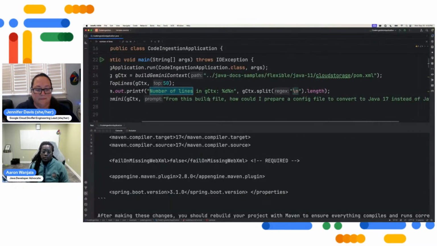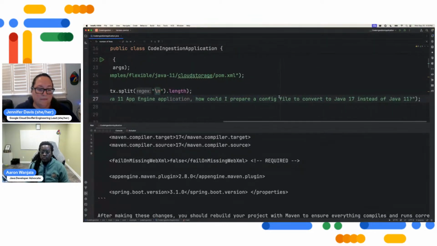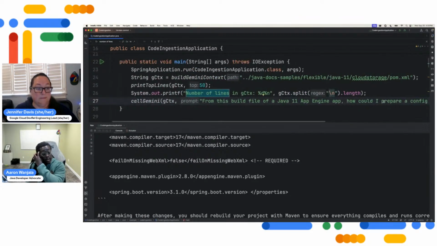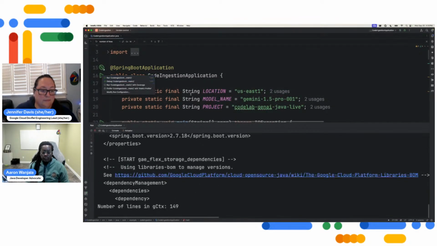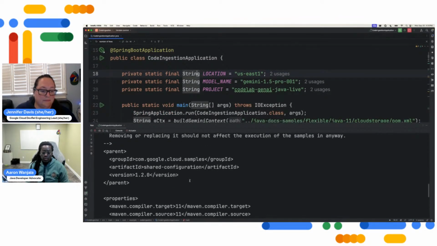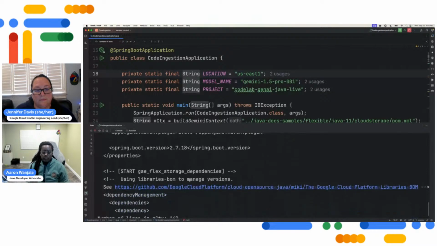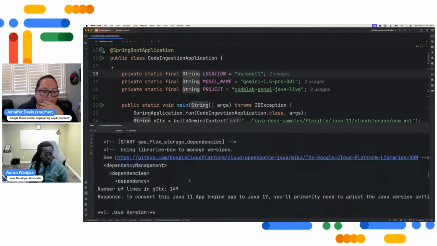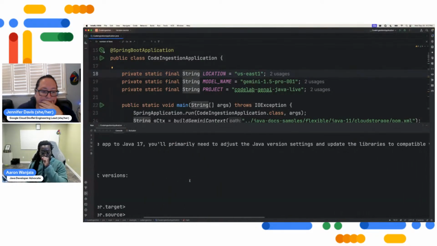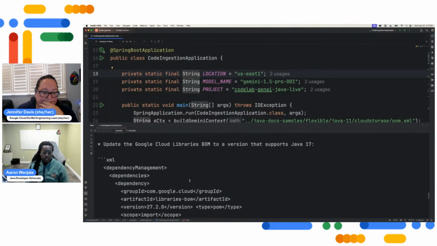So let me try to change that prompt. From this build file of a Java 11 App Engine app, how can I prepare a config file to convert it to Java 17 instead of Java 11? I could specifically mention that I want to configure a runtime. That may help. Let's see. Okay, yeah. No, it seems to be